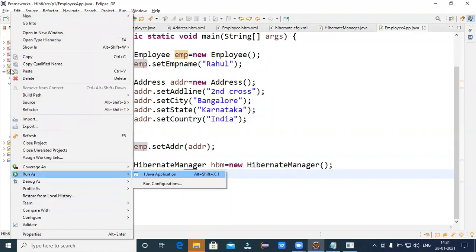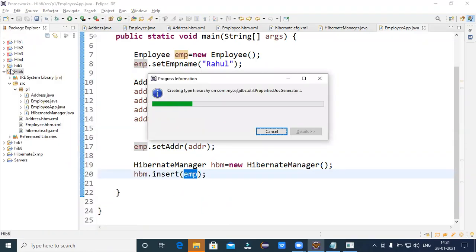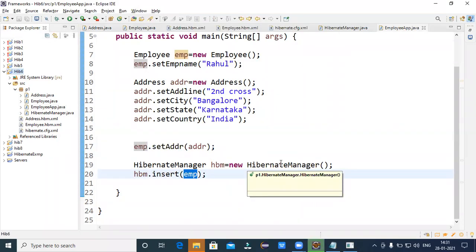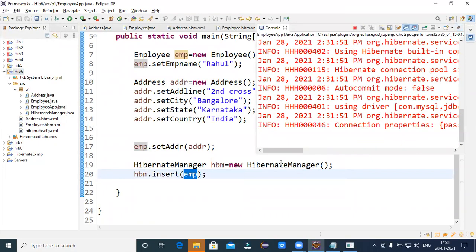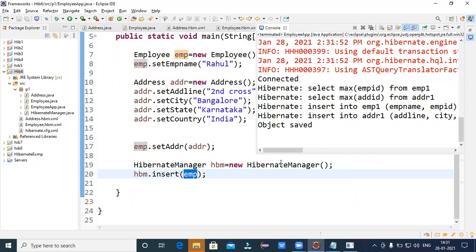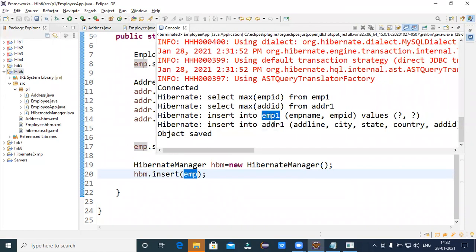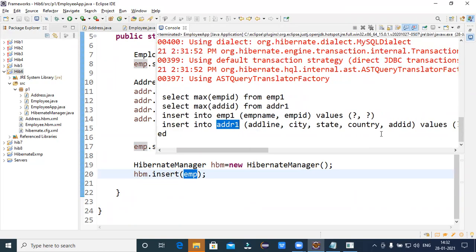I'll tell run as Java application. So it's looking out for the main class. Which is the main class? Employee app happens to be the main class. I'll select employee app and I'll tell okay. Now if you see, the execution has started there. If you see here, automatically it gave me two queries. What all are the queries that it gave? It told me insert into EMP1, insert into ADDR1. So it inserted into address also, it inserted into your employee also. So now let us see what is the